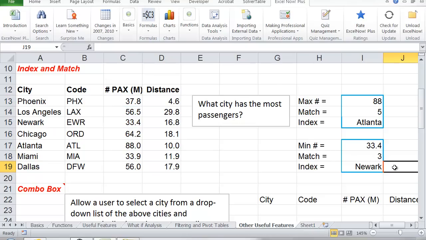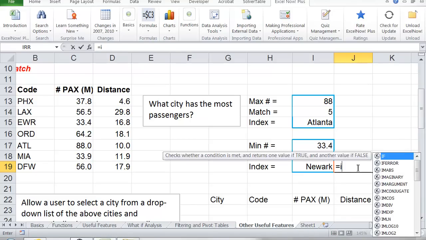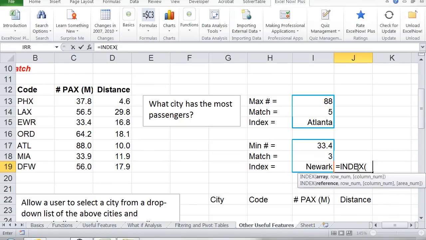Over here, I want to get the distance to the central business district for the airport that's carrying the minimum number of passengers. I should be able to take the index of, now what I'll do is, I'll take this whole array here,